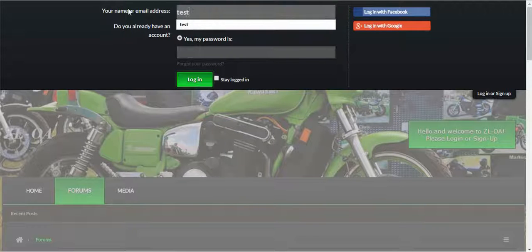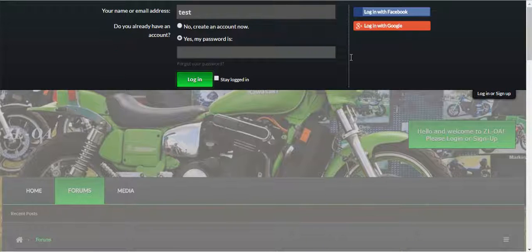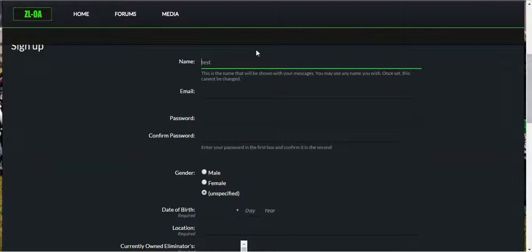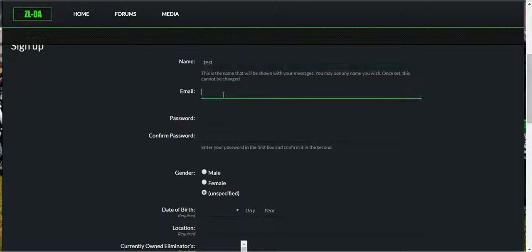Now let's sign up a new user. And you see over here there's also login with Facebook and login with Google+. We'll cover those in just a moment. So I'd like to create a user, and we're going to call him Test. And I'm going to check no, create an account for me, and I'm going to go ahead and hit sign up. So this is very simple. We can keep the name we just typed in because it's not in use. If you were to type in another user's name that is already on the forums, it would tell you here,